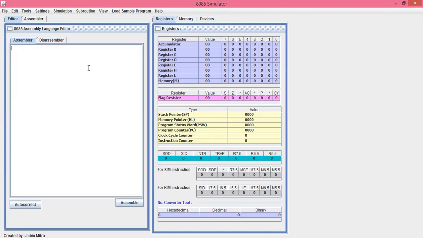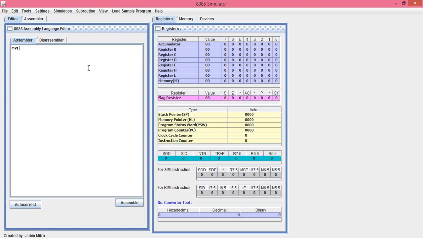Let's start with the basic program of addition of two numbers, that is of 8-bit. For that we have used different addressing modes here. MVI stands for move immediate. MVI का use particular input को एक register में input कराने के लिए होता है, और इसी के context में एक और MOV function use होता है, that is to transfer the data from one register to another register. Here I am taking the simple example in which I am giving the numbers directly.